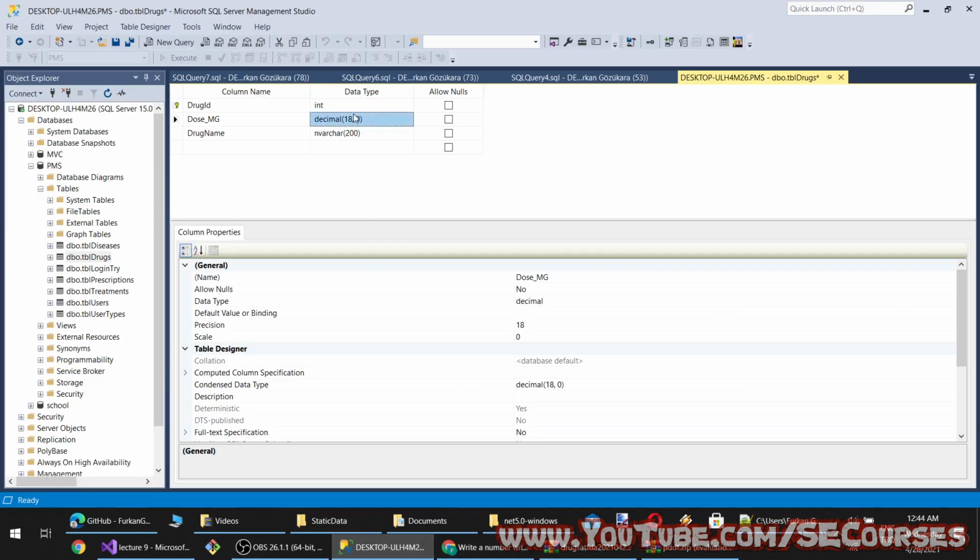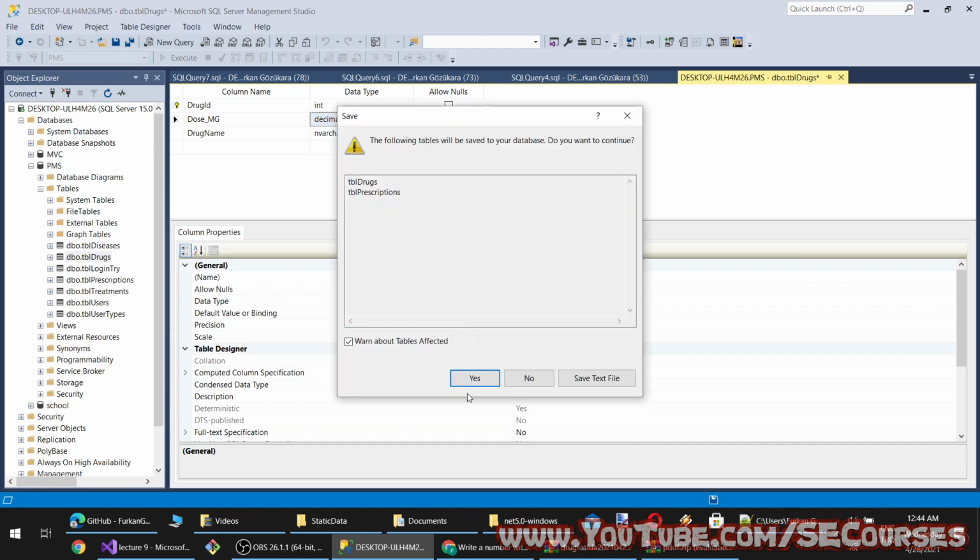Yeah, I think I will make this 12. I don't think there would be such a milligram. And maybe we can make it even 10. Yeah. Let's save it.